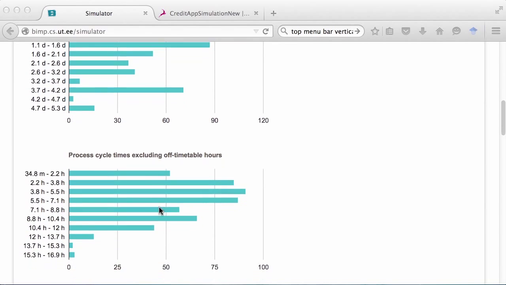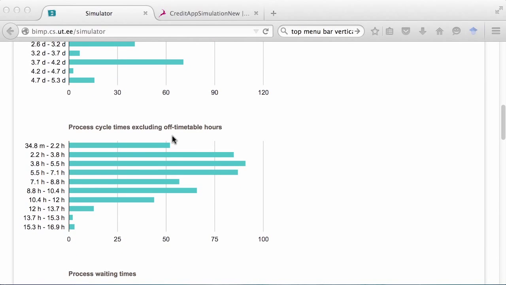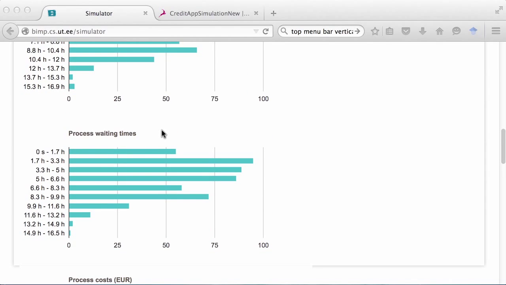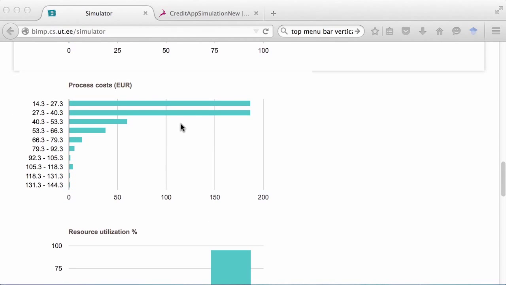Meanwhile, the cycle time excluding off-timetable hours corresponds to the default timetable, that is, working hours only, excluding therefore after-hour time and weekends. We also get histograms of waiting times and of cost per process instances.